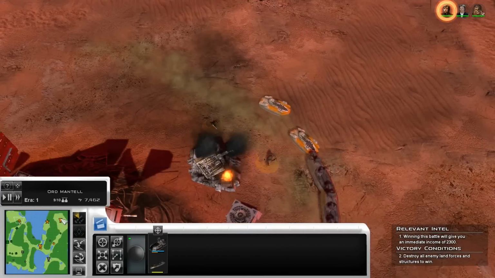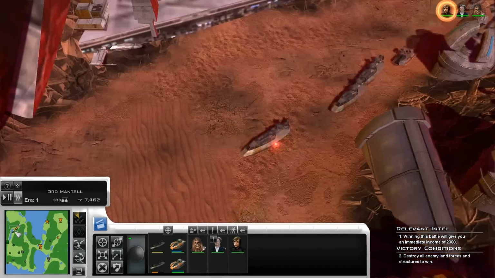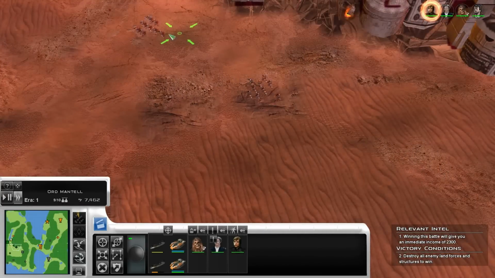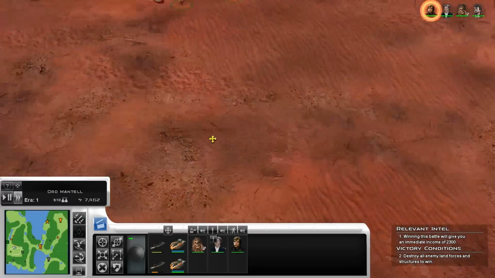Okay. Almost ready. The mission. Kyle Katarn, welcome, sir. We'll back you up where we can. Just cleaning up the last of these infantry, so...